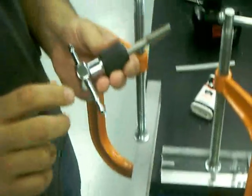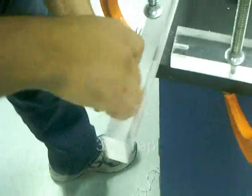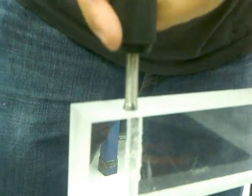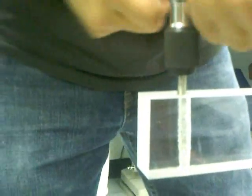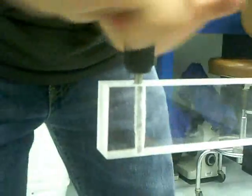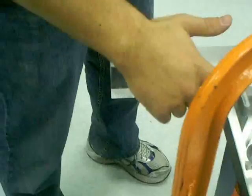So this is a T-handle wrench with the tapping bit. So we can go ahead and tap it right away. It's very important that you use something like a lubricant because this will save you a lot of time and energy. I'll be kind of tapping 2 revolutions forward and 1 revolution back, and keep doing that all the way down. After this point, we're going to have to do it to that second portion as well. So then we made our tap through both ends of the leg and of the side frame, and now